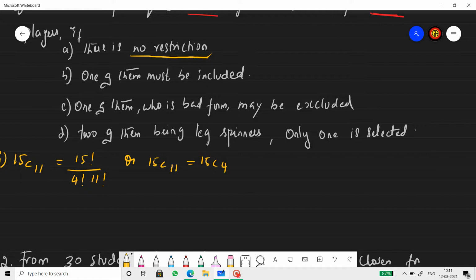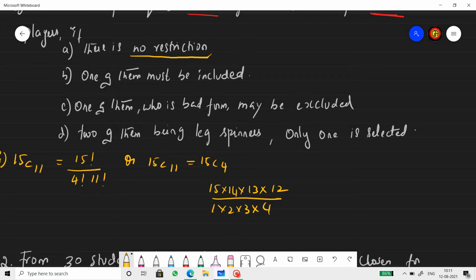So instead of expanding 15C11, we can expand 15C4 as 15 into 14 into 13 into 12 by 1 into 2 into 3 into 4. So from 15 backwards 4 numbers, and then from 1 forward 4 numbers.